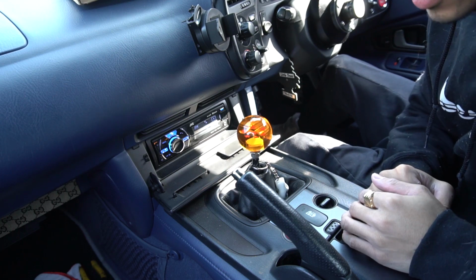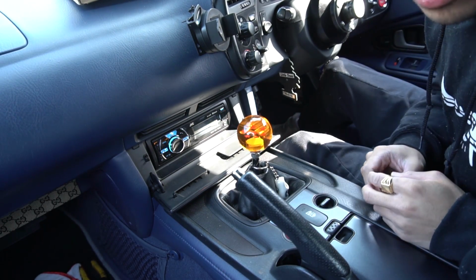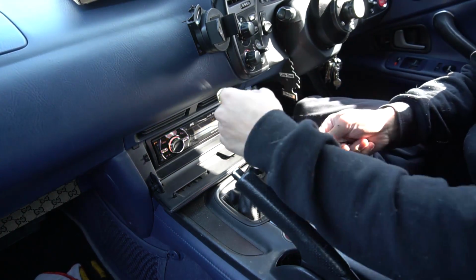Yeah, I changed my mind. I decided to put the roof back up because the lighting and the glare was all over the place. It's all about lighting when it comes to filming, and yeah, it just wasn't very good. So removing this is just straightforward. You get your 14mm spanner. It just